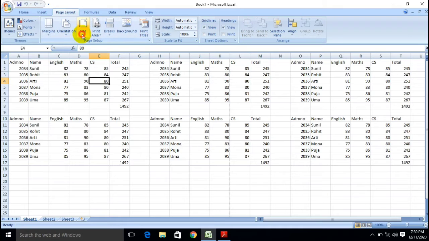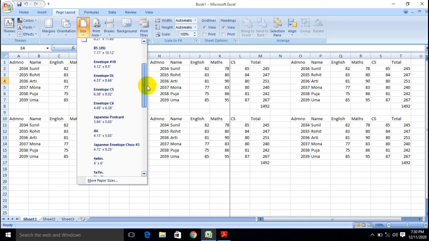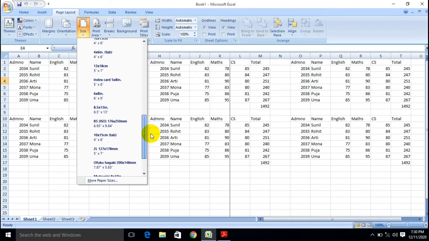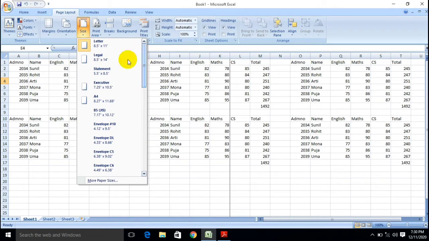And here's the size. You can choose your particular Excel sheet size, and there are many different colorful sizes which you can choose as per your requirement, as per your documentation. Here's the letter and legal, A4 size, B5. There are different page sizes you can choose.